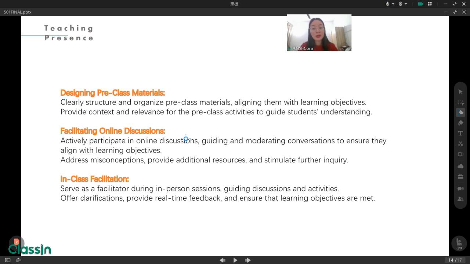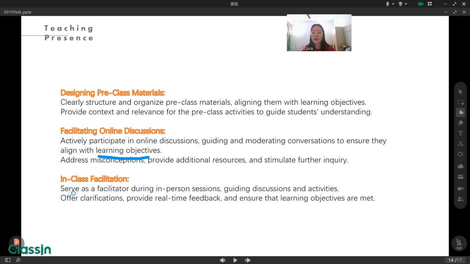So, actively participate in online discussion, guiding and moderating conversation to ensure it aligns with the learning objectives. We also have to focus on the learning objectives in this step. And we can provide additional resources to the learners.